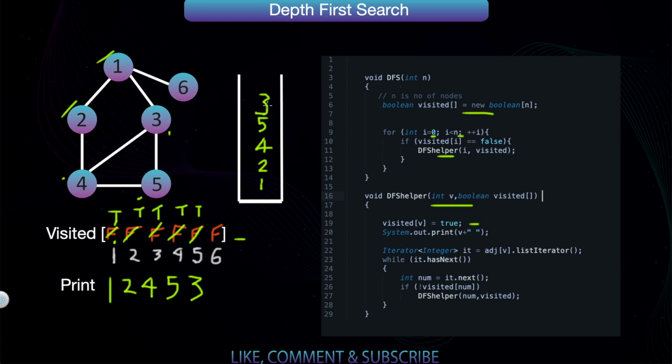And as you can see, we have no neighbors left which are not visited, so we start popping, and when we reach 1 we encounter 6, which is not visited, so we set it as true, we visit it, we print it and then we put it in the stack. Now we pop 6 and 1 as all the neighbors of them are visited. So this was the DFS problem.